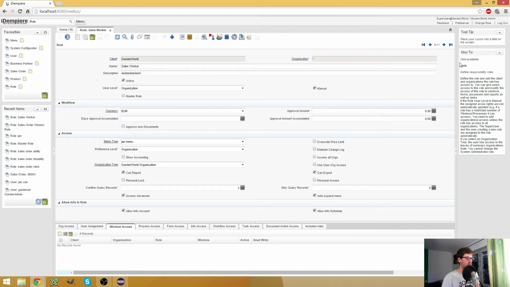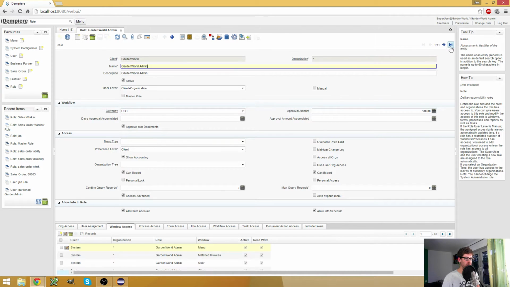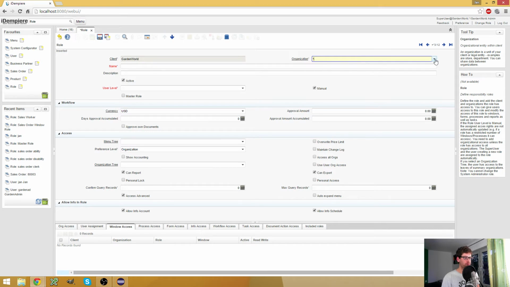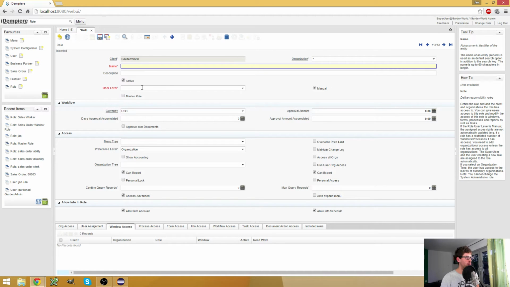In the role window, you can see all the existing roles. For example, here we have the Garden admin role and the Garden user role, which are created by default. Now I can create my own role. As always, I have to set the client and the organization of the role, the name, and some other mandatory fields. The first mandatory field here is the name. So let's call this